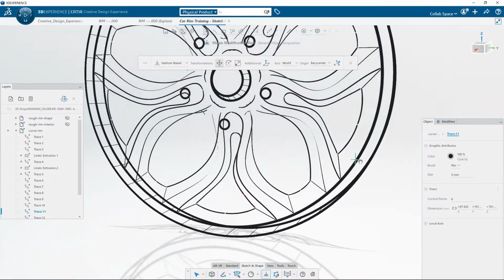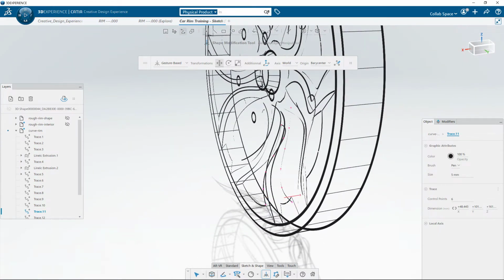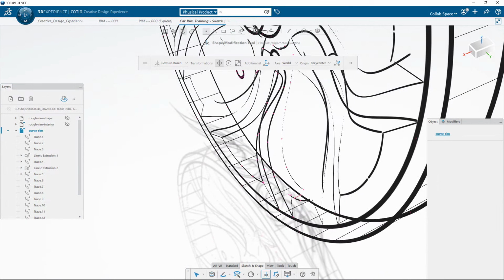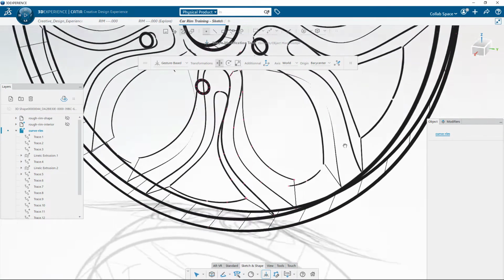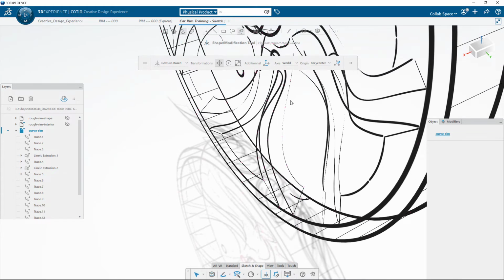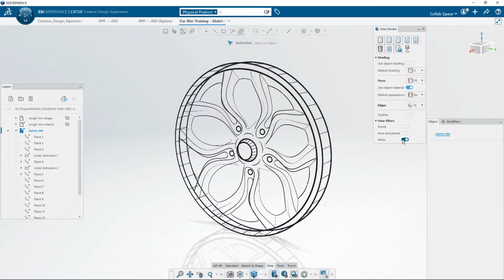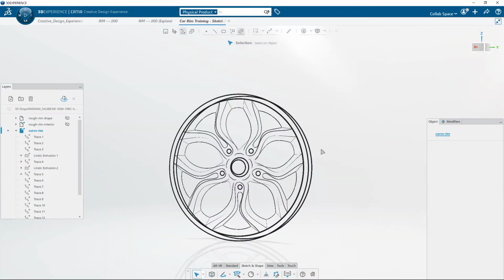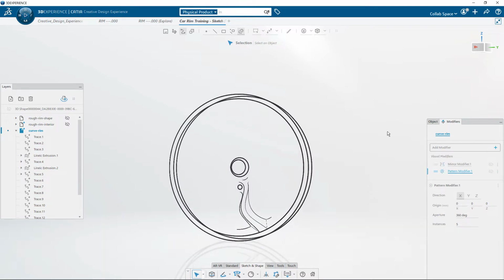In the next release, the snapping between extremities will enhance a lot this particular workflow that can take some time when trying to connect different curves extremity together and create a closed network. The next step is to create surfaces from my curve network. For that, I need to make sure I have all the curves to generate the surfaces.